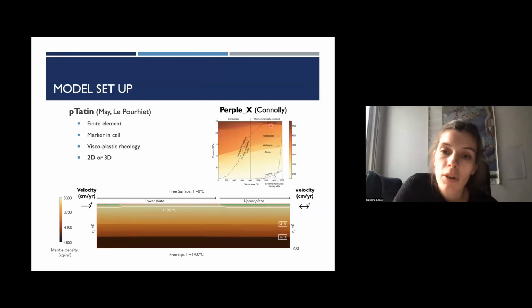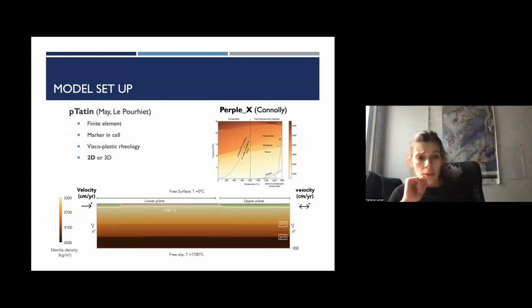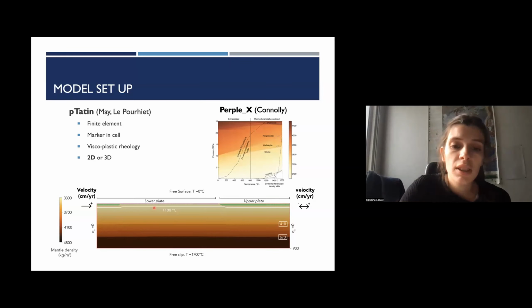Here you have an example of density prediction for mantle rock, and you can see that there are density jumps associated with mantle phase transitions.